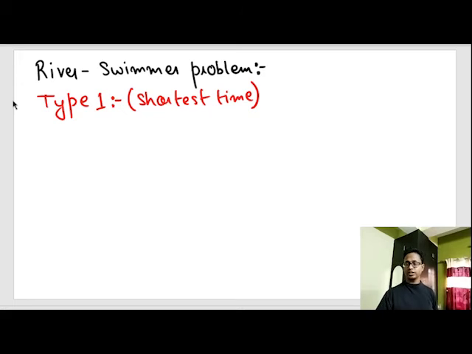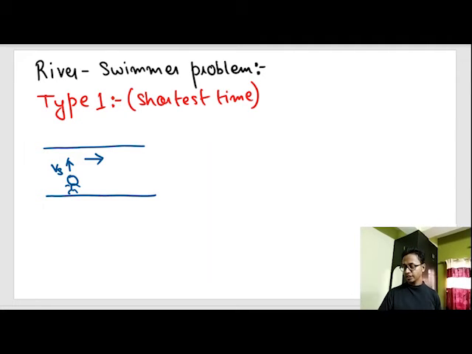So what is this shortest time? We'll understand it right now. Suppose there is a river, and a swimmer is out here. He's trying to swim, so he wants to cross the river. So he applies all his effort in a straight line and crosses the river. But the river also has some velocity. So while crossing the river,